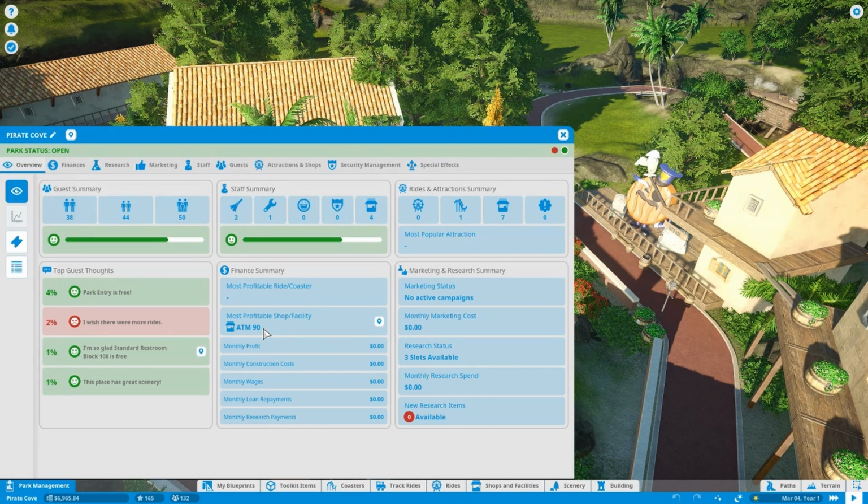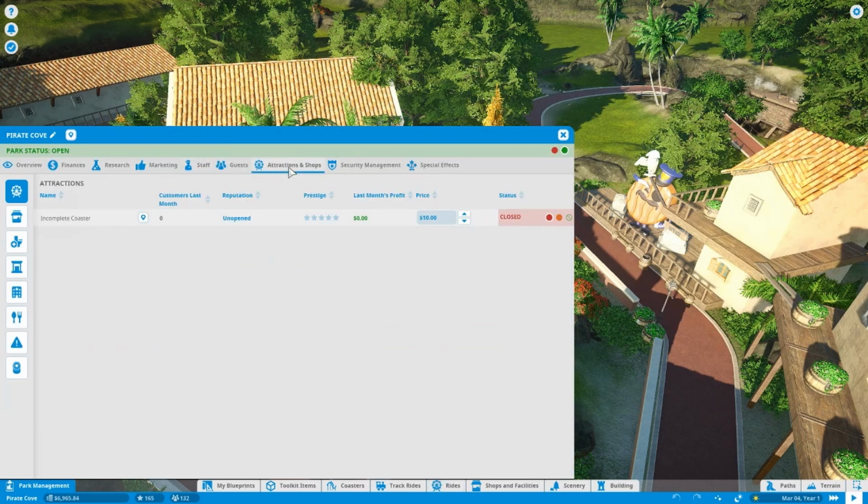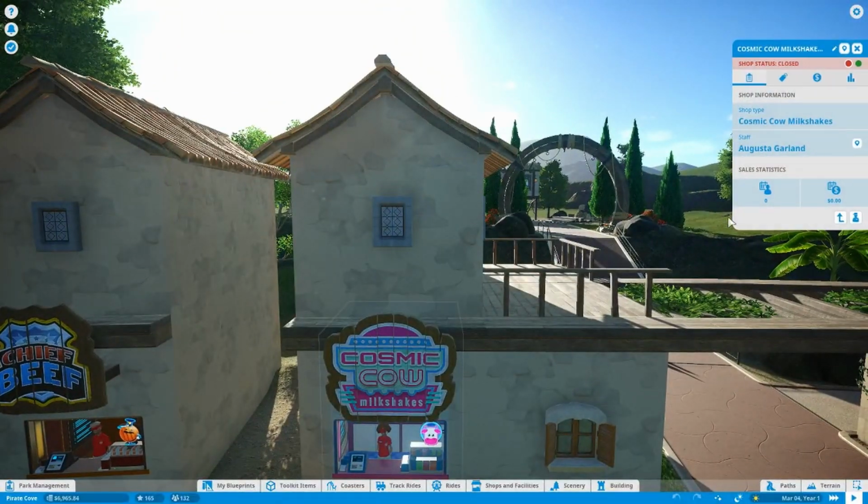Our most profitable shop is the ATM. That is unfortunate. 4 shops. Well, how many rides do we have? Yeah, no wonder this park makes no money. There's no rides. Honestly, I'm sorry, but